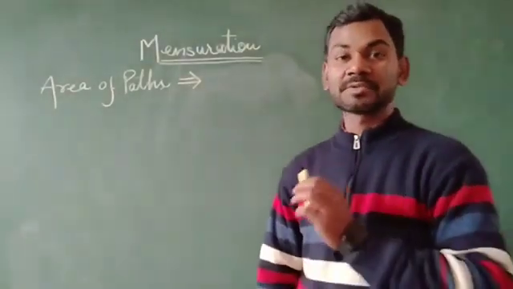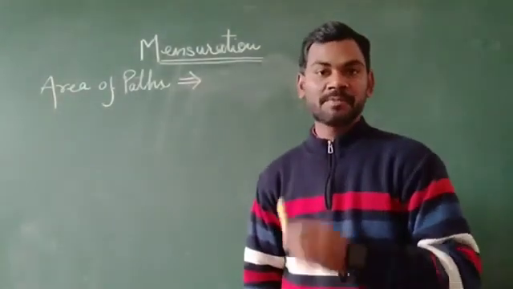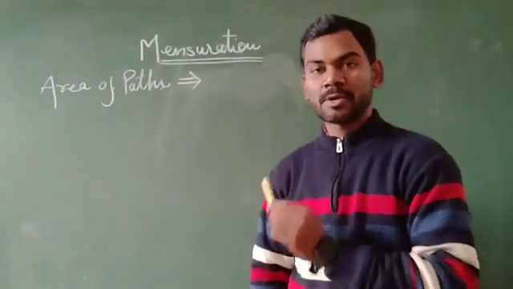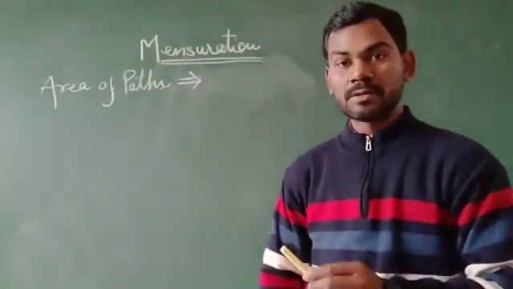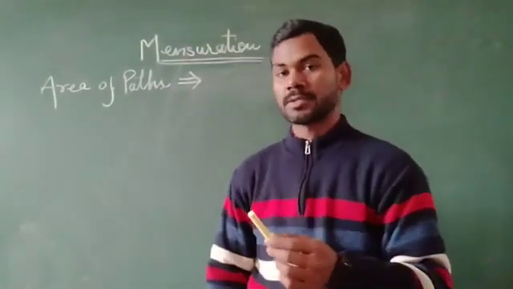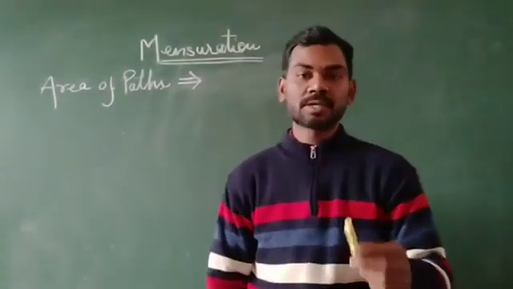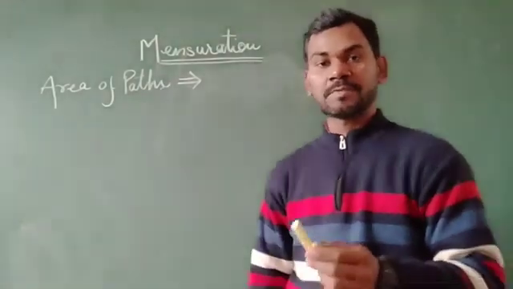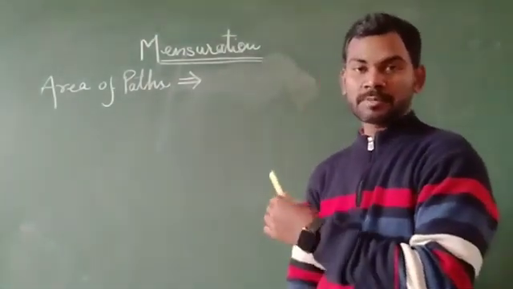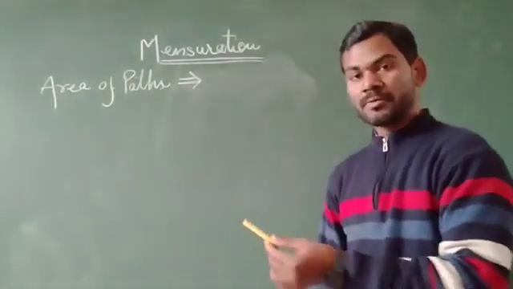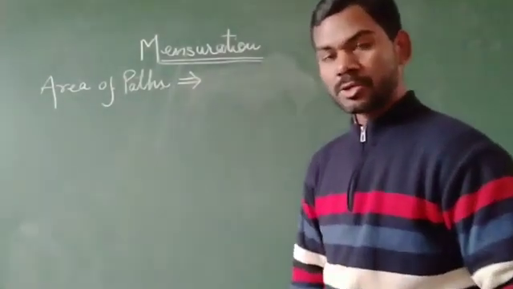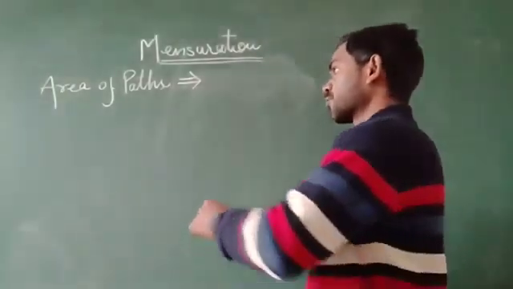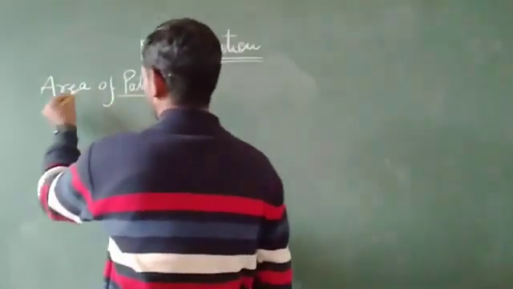In this video, we are going to discuss the area of path of some definite figure. In the last video, we have already discussed the area and the perimeter of some definite figure like rectangle, square and circle. As I told you, we shall discuss the area and the circumference of circle after the topic discussion of area of path. When we have completed this, then we go further with the circle. So in this video, we are going to discuss the area of path.